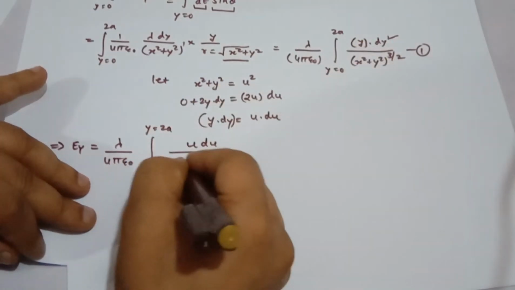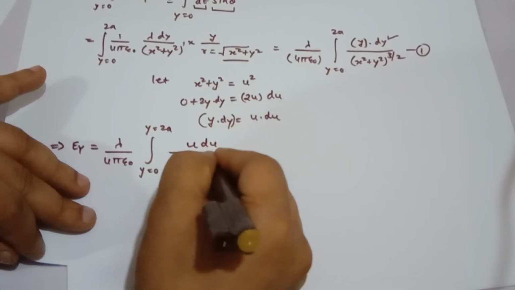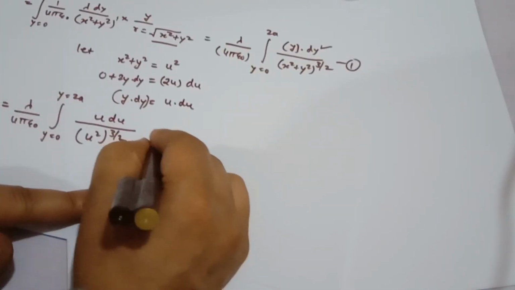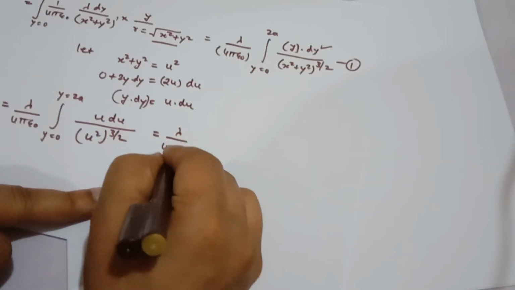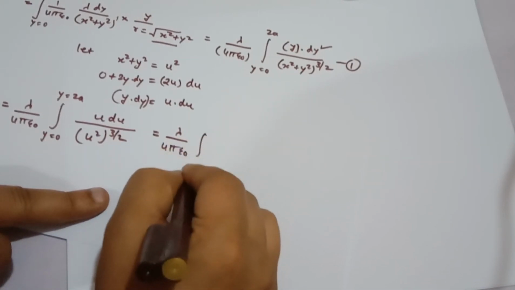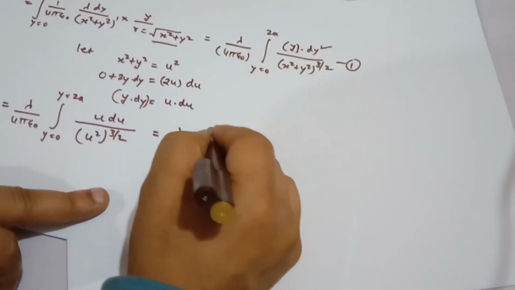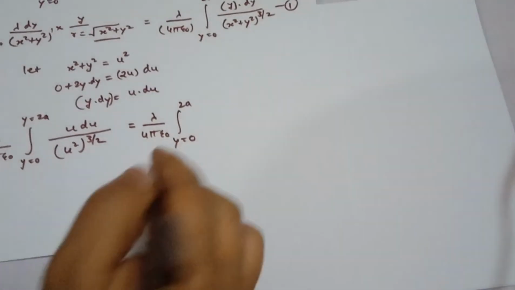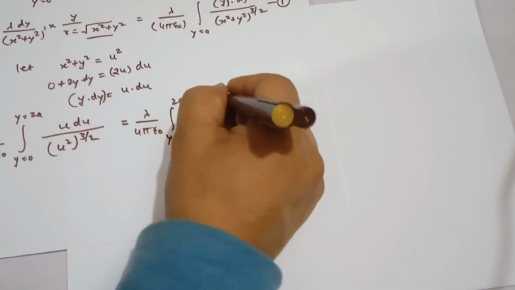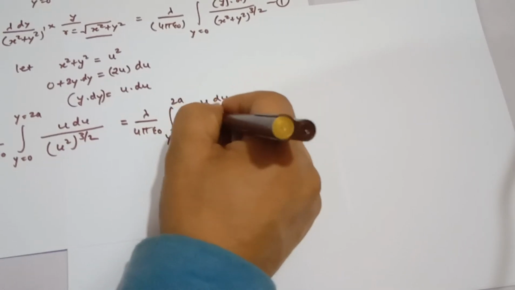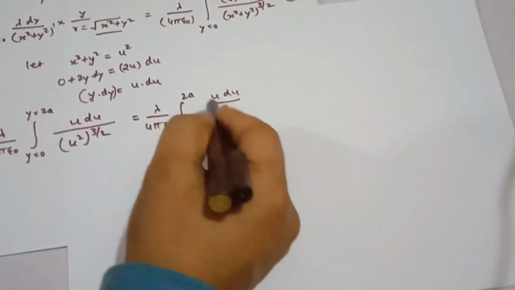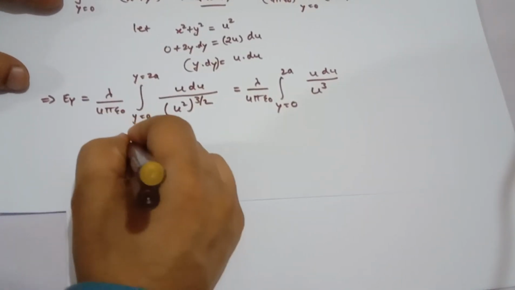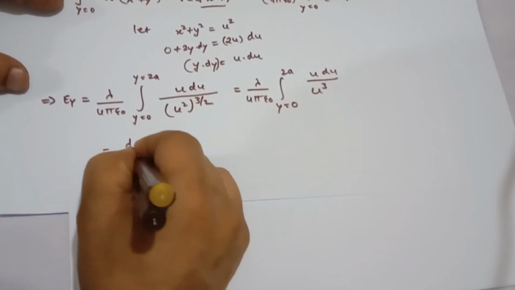So u power 2 and power is 3 by 2. So the 2 would cancel out and 3 would remain. So that should give me lambda divided by 4 pi epsilon naught, y is equal to 0 to 2a, and that is u into du divided by u to power 3. So one of u cancels out, so that should give me lambda divided by 4 pi epsilon naught,